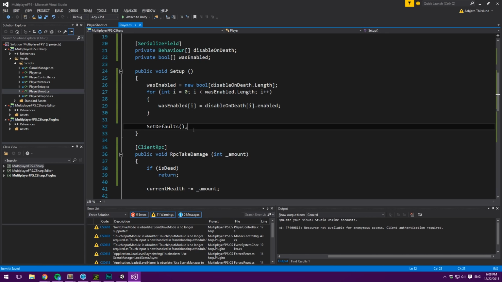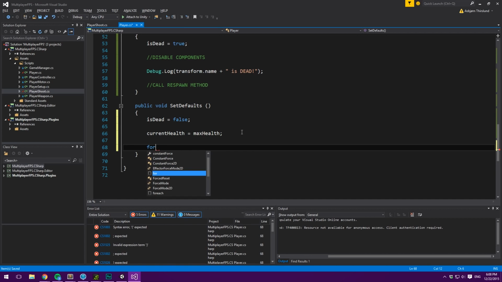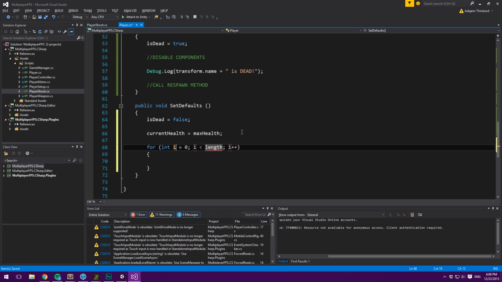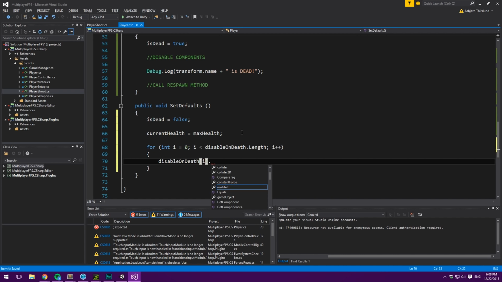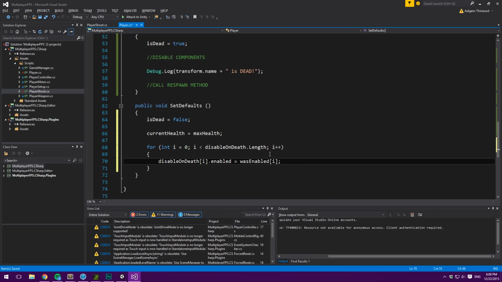And then we go on to setting the defaults here. And I'm going to want to have a look at the defaults method. So in here, we of course want to set isDead equal to false. We're also going to want to say for, and again, we can use this shortcut here. So int i equals 0, and then disableOnDeath.length. So we want to loop through that. And we simply want to say that disableOnDeath[i].enabled equals wasEnabled, again the ith